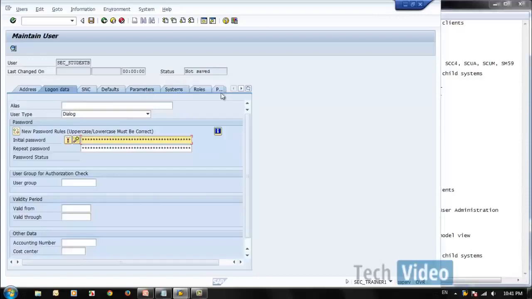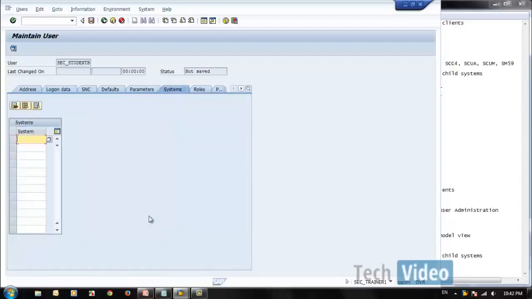If I go to the roles, now if you need to put an initial password, I already put an initial password. Now if you go to the systems, the systems is an additional tab which we never used to have before.